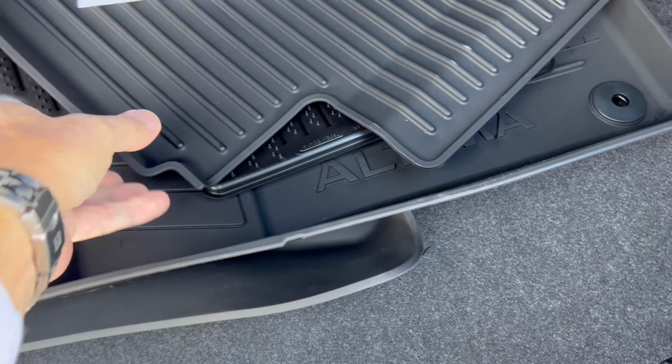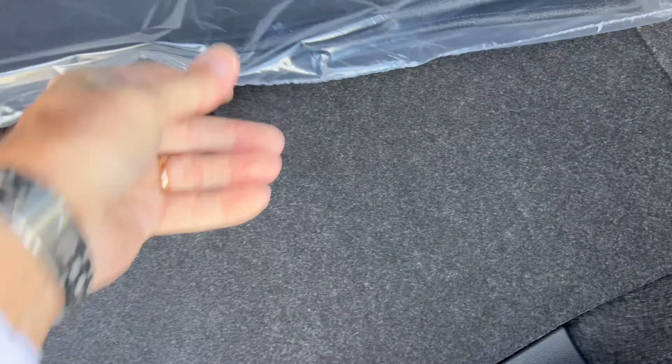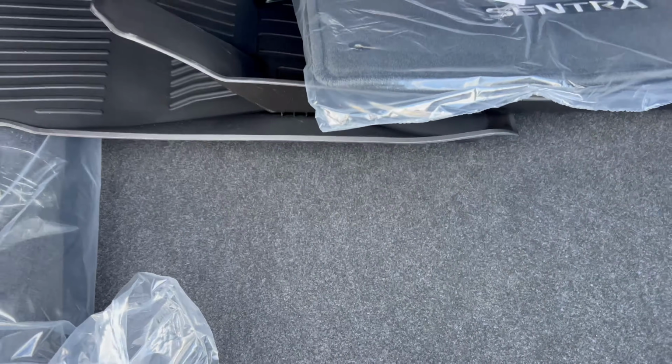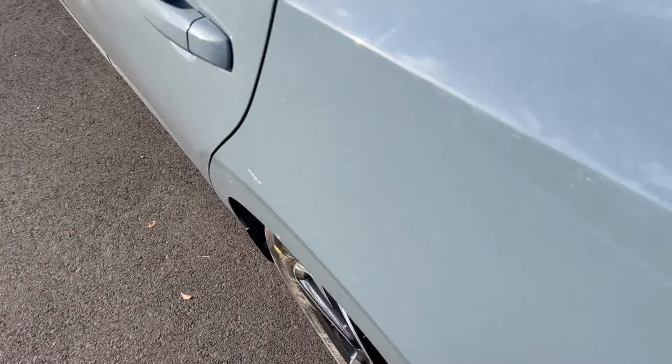Here are these additional all-season mats. They say Altima, so hello. And then here's what I wanted to show you. These are the Sentra carpeted floor mats that look pretty nice and say Sentra on them. So I don't think you can put Altima all-season mats in a Sentra. I don't think that's going to work. Totally different car. But the trunk is a pretty good size back here, and I believe we can drop the